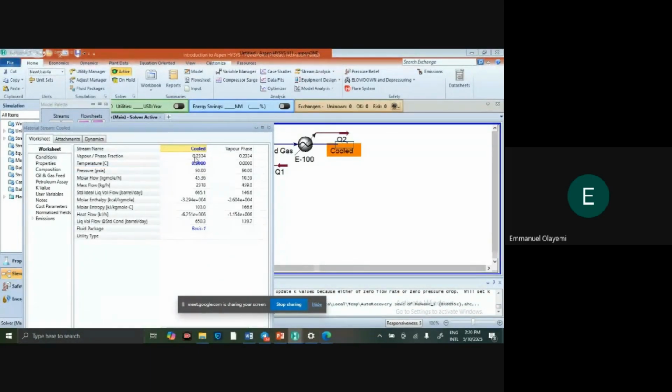If the value here is 1, it means this stream contains only vapor. If the value here is 0, it means this stream contains only liquid. If the value is either 1 or 0, then it doesn't make sense for me to use a two-phase separator because what I'm dealing with will be in one phase. But since I have a vapor fraction of 0.2334, it means I have both liquid and vapor. So the liquid part will be 0.7666. So it means I have both liquid and vapor, and it is reasonable for me to use a two-phase